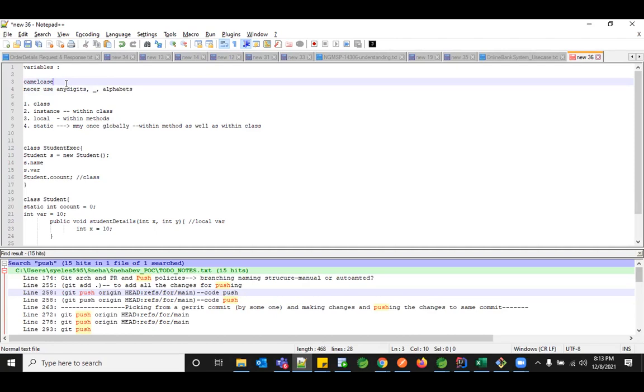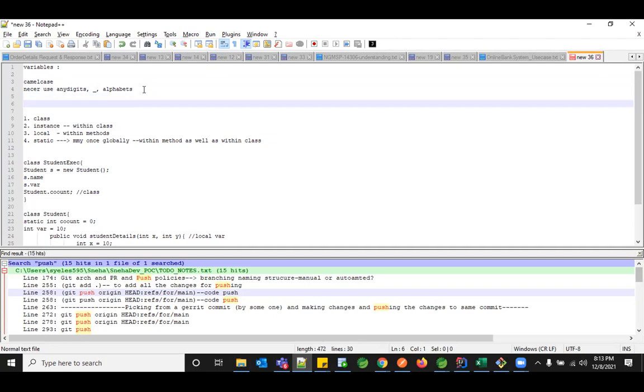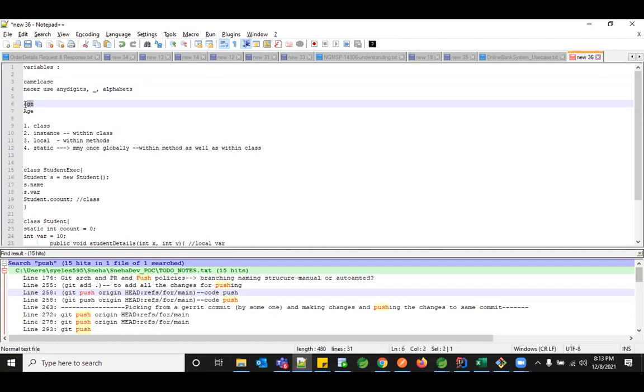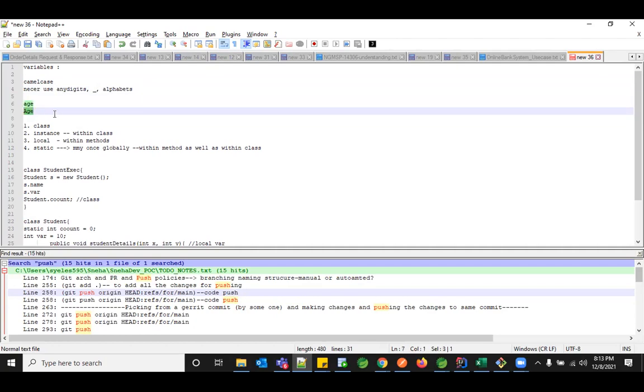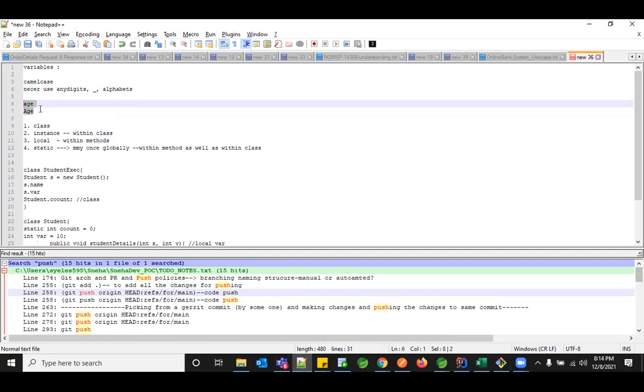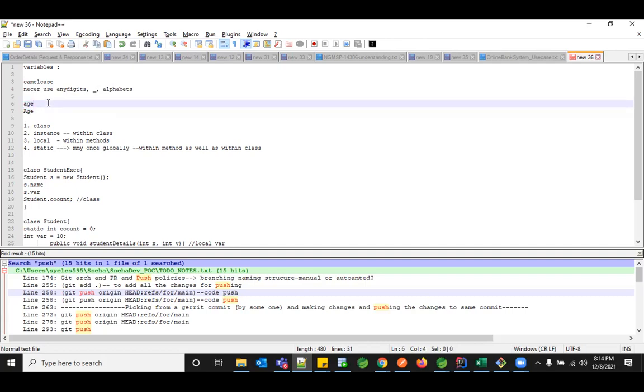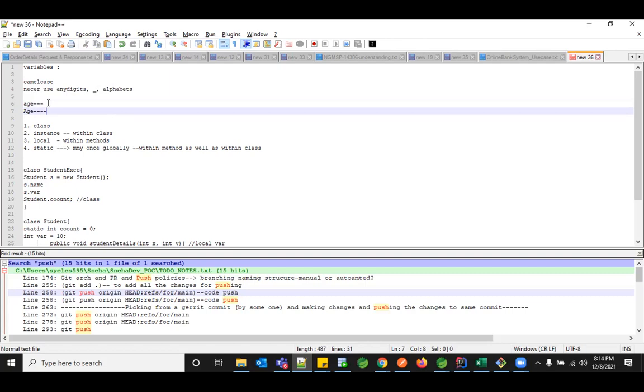And Java is very case sensitive. The first point: if you're creating one variable, say age, and you create one more variable with capital AGE, Java will still consider this as a separate one and this as a separate one. It won't consider them together as a single variable name. Though for us it's a single value, for Java it's a different one. So it creates separate memory for each in the stack. And the value, when you create it through the object, gets stored in the heap. So Java is very case sensitive.